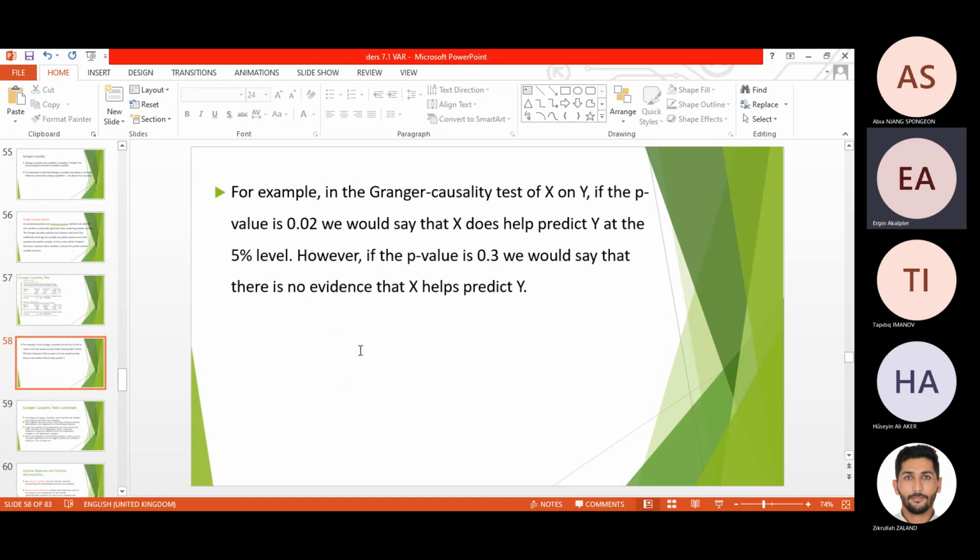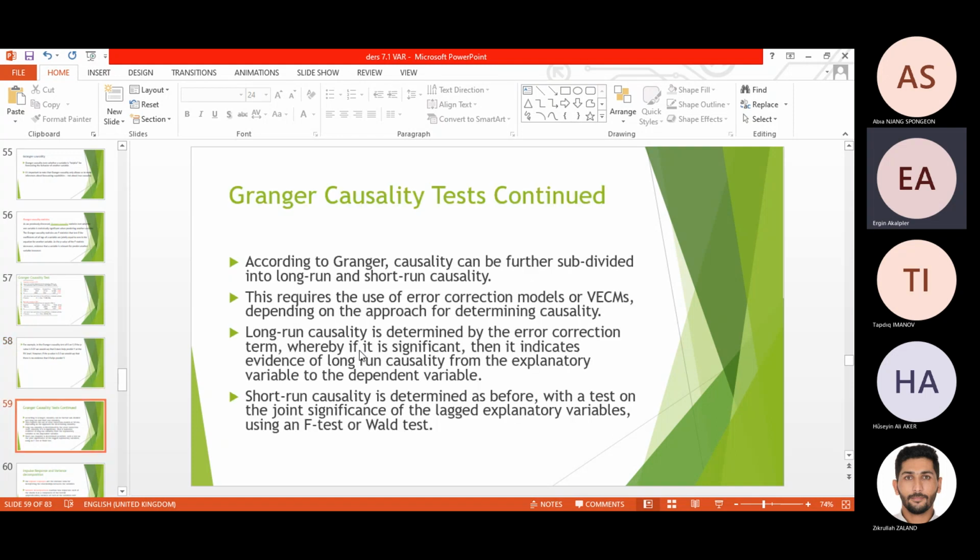In an example, I give you here again the Granger causality test for x to y. If the p-value is 0.02, we would say that x helps predict y at the 5% level. However, if the p-value is 0.3, we will say there is no evidence that x helps predict y. Granger causality test, continuing again with the